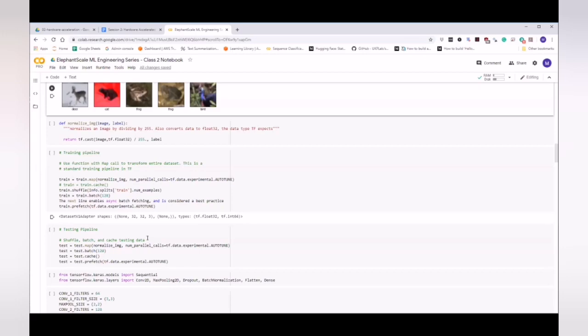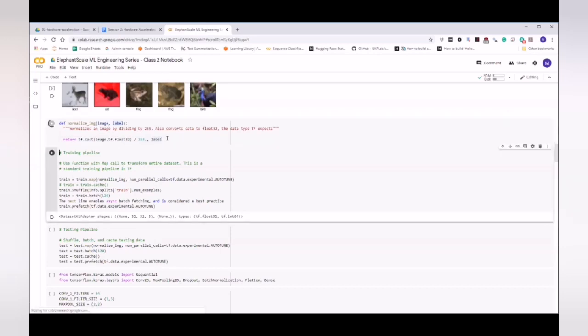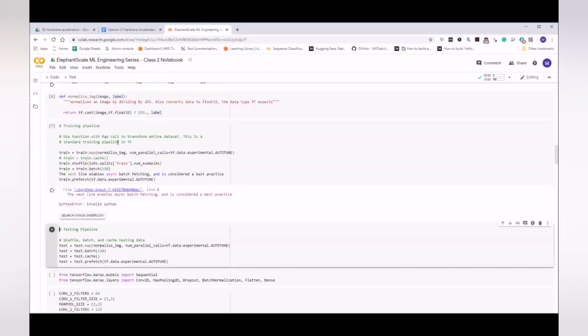So what we want to do is scale them between 0 and 1. This will let our model train faster. And we also need to convert our data to the data type that TensorFlow expects. Now, this is typically stored, I think it often starts as an unsigned integer or something like that. What we need to do is just use this function here, and this will turn it into a float32, a 32-bit float. We'll also divide by 255. This will make our life a bit easier as well. Okay, so as we run this and we run that,